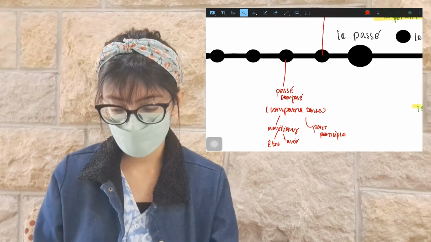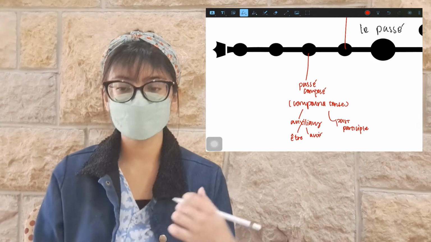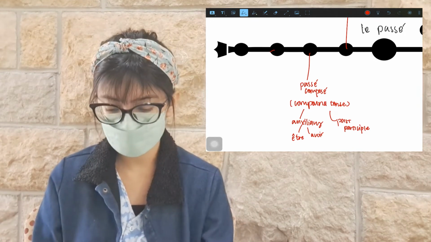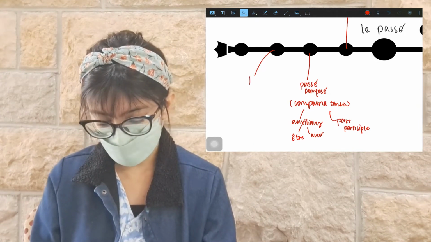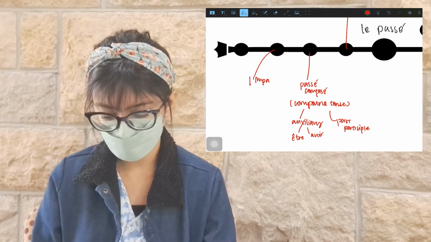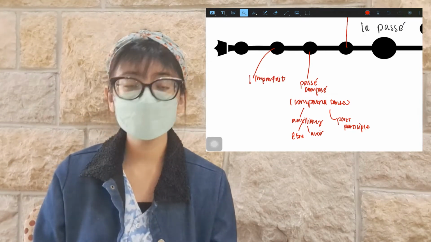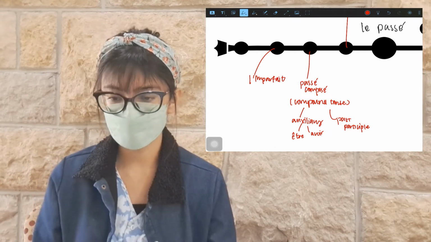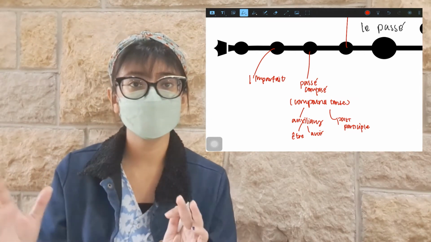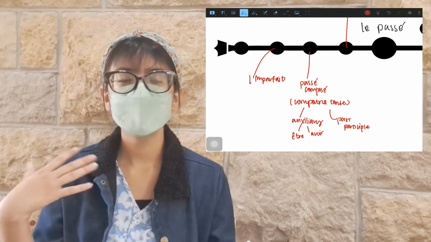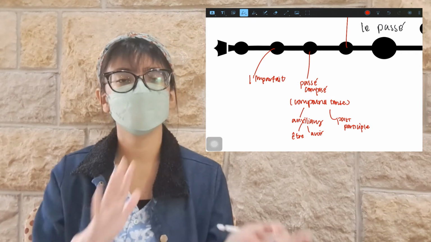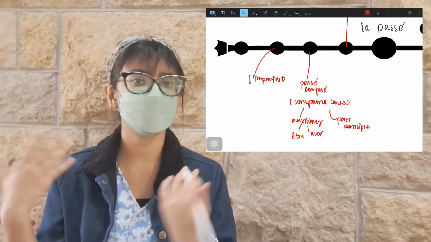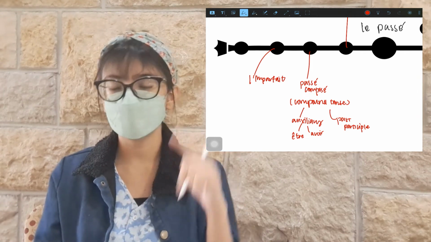The next important tense that I personally believe a lot of students get confused with is l'imparfait. L'imparfait et le passé composé, une confusion entre les étudiants. A lot of students get confused between l'imparfait et le passé composé, and that's all right, which is completely natural. I have already created a video; you just have to click the video up in the I button.